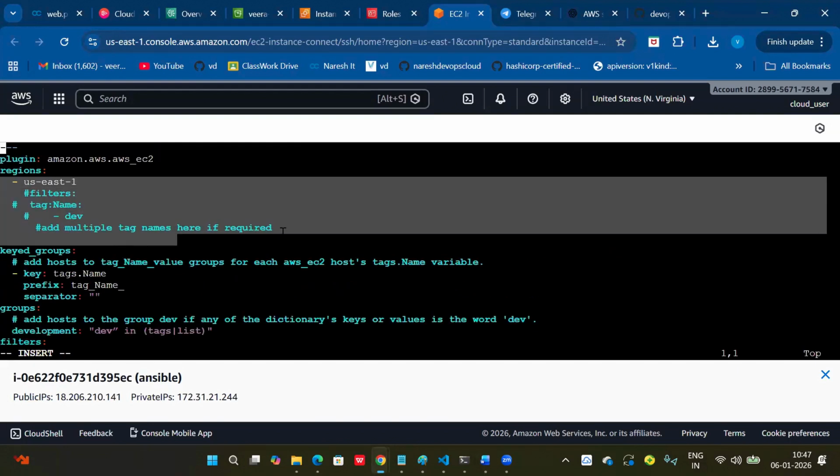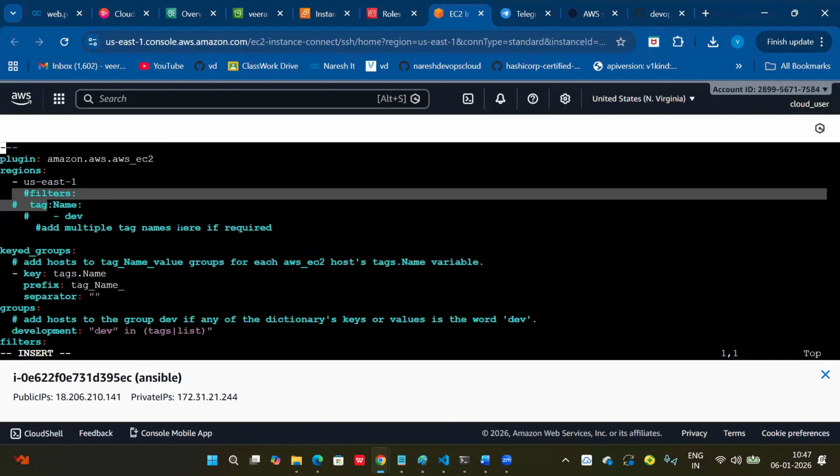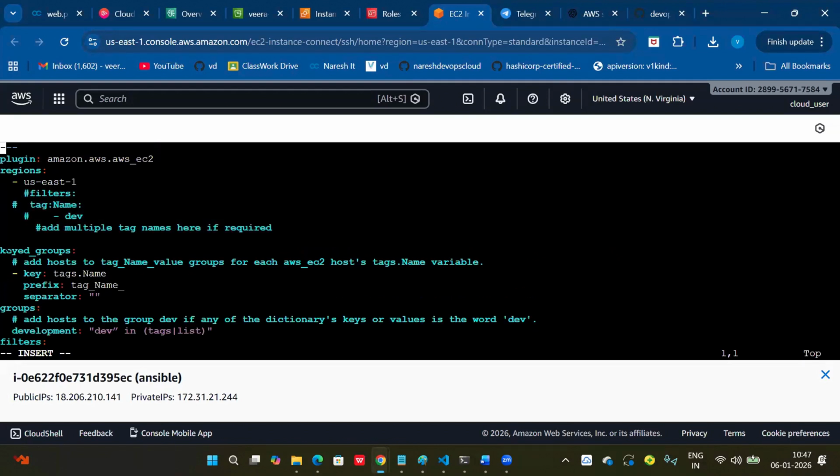Yeah, this is what we have used so far. I've just commented this out. If you want to use the groups concept, you can follow keyed_groups. So guys, you can see I'm calling a key as tags.Name here. Here I'm using some prefix. The reason the prefix is mandatory here: if you don't give a prefix, the group may be added with the dev name. In the static inventory file also, if you use any dev group, test group, prod group, right? Conflicts may come. It may consider static plus dynamic also as a target. So for the dynamic inventory, you can add any prefix here to get a unique name.